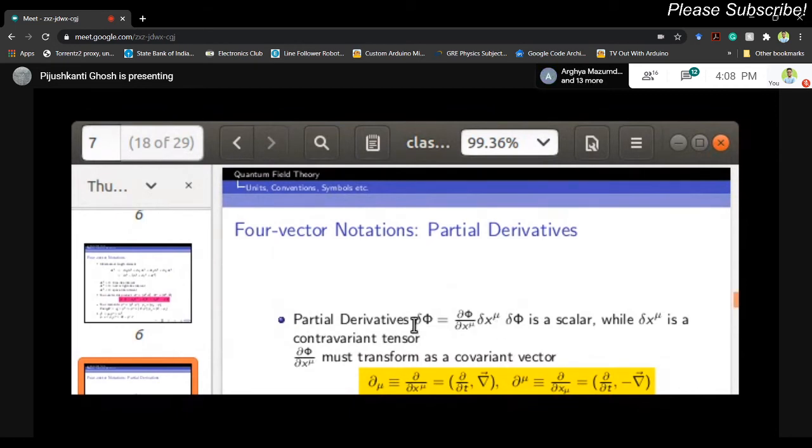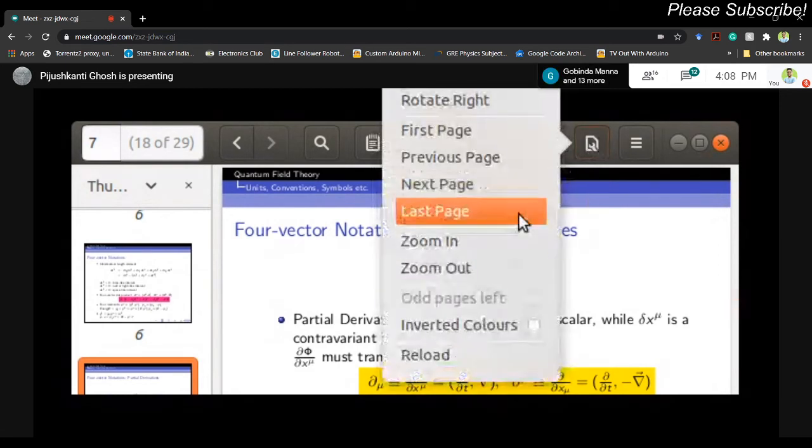Okay. So the same thing I have written here in component notation: del phi del x0, del x0; del x1, del x1; del x2, del x2; del x3, del x3. Okay, this is not included in the equation. Now, if that is true, then